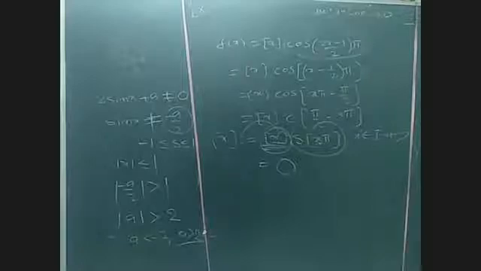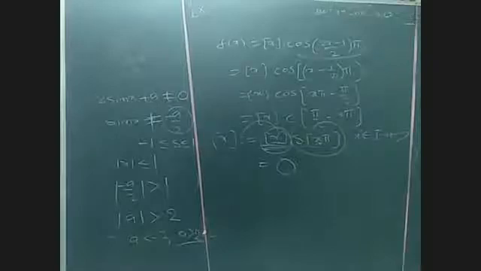And sometimes, for example, they give y is equal to secant inverse of tan x. What is the derivative dy by dx? What shall we do here? We can cancel the secant inverse. Already we know that tan x is given. Take a simple right angle triangle. This is x, this is some angle theta. So tan is nothing but opposite by adjacent.